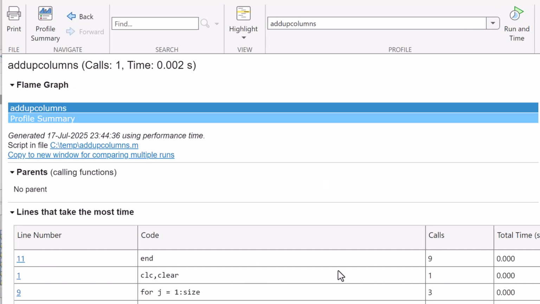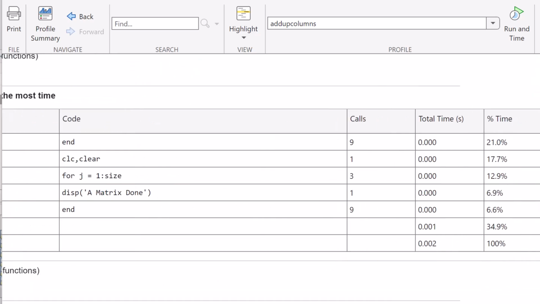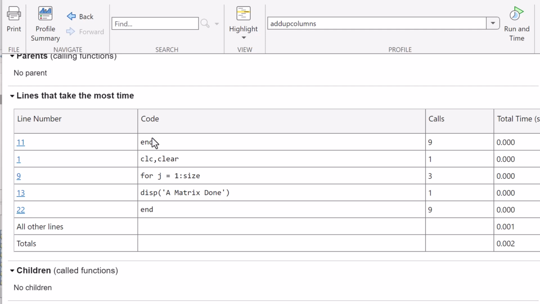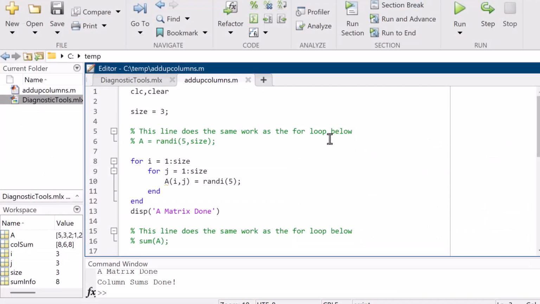Now I'm spending 20% of my time in end. Okay, so these numbers are just so small that they mean nothing. So for this to be of any value to us, we need to increase the size. So I'm doing this very inefficiently, and before you're really going to notice this take any amount of time, like